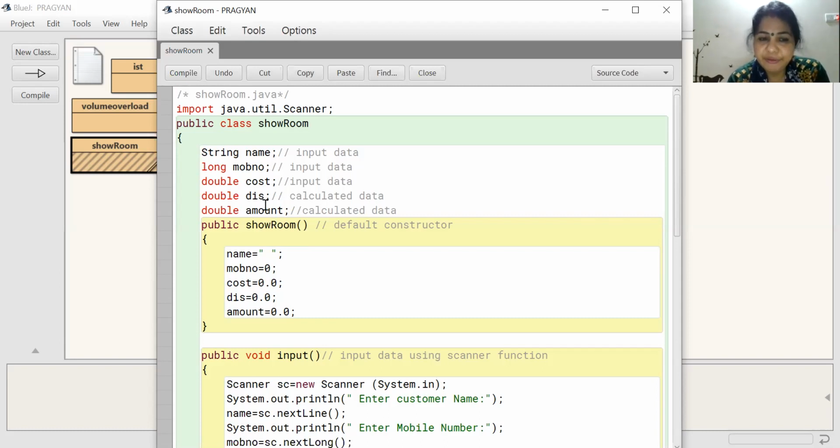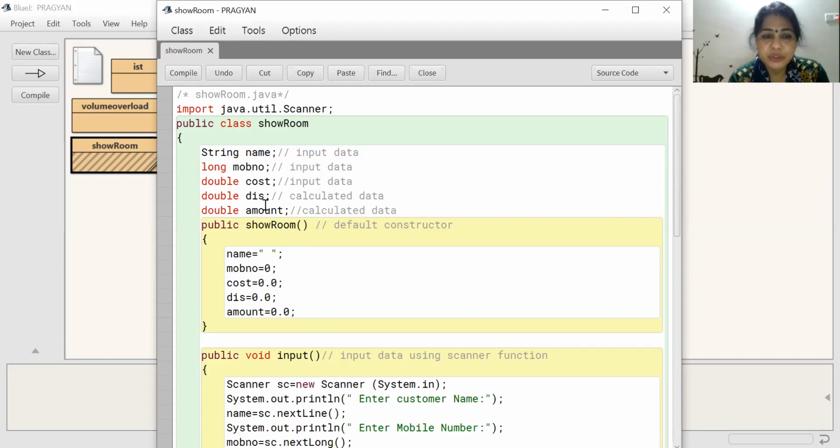Here I am taking the default value because we are not taking a direct value, because in our program there is an input method. So with the help of the input method we can input the data. So that's why in the default constructor I initialize with the default value. Now here you see the input data, and along with that the output data, those data we are going to calculate, that also I have initialized.